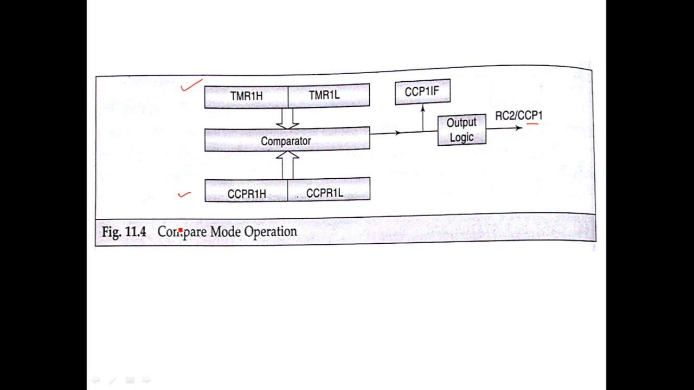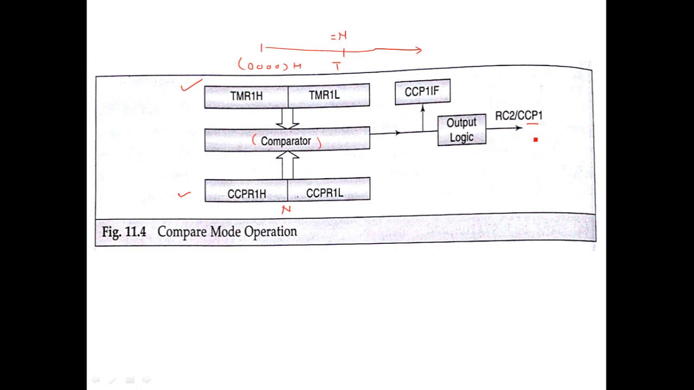The operation is simply like this. You have to load some count in the CCP count register. Suppose you load the count, say n, and then you start your timer, maybe from 0000. So the timer will start working. When this count in the timer is compared with this count, and it becomes equal to n,